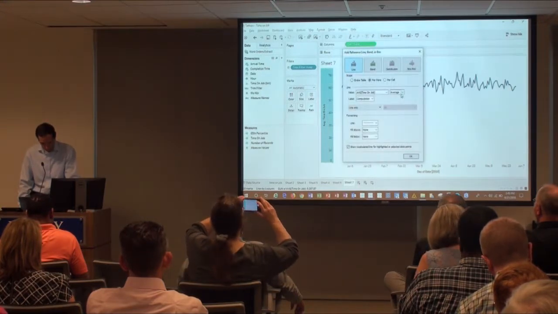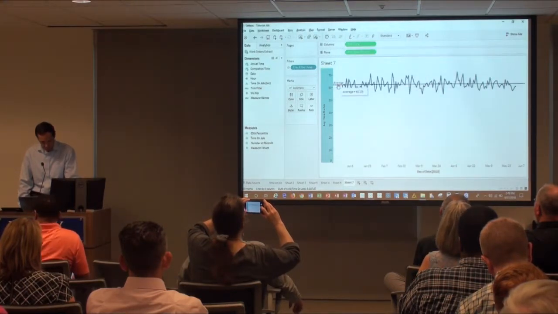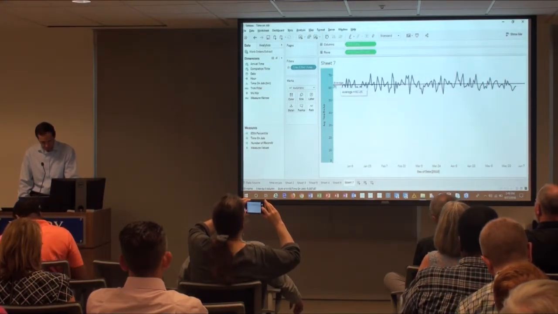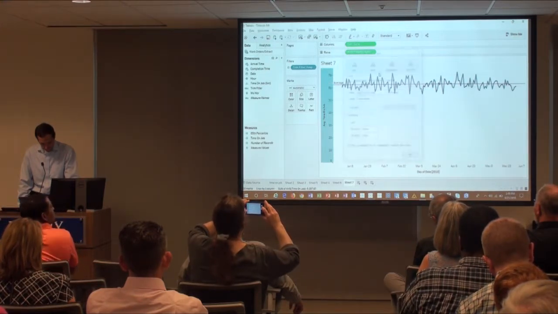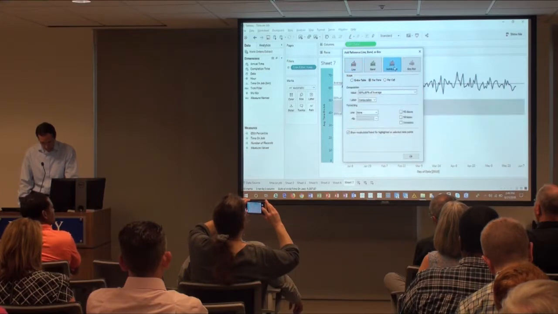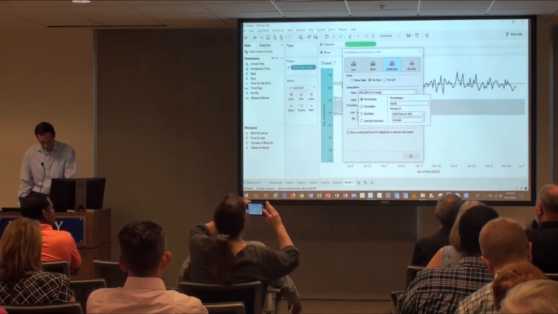We'll add some references. We'll add an average just so we see what the average is for each day. And let's add a reference. Here we have an opportunity to add a distribution. One of the options for distribution is standard deviation.